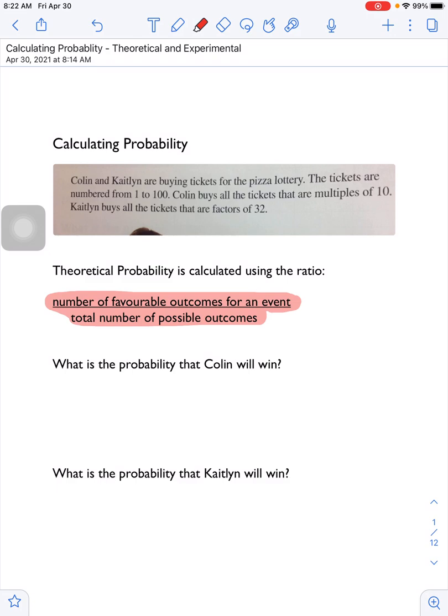So Colin's favorable outcomes are all of the multiples of 10. So that's 10, 20, 30, 40, 50, 60, 70, 80, 90, and 100. So there's 10 of those. When we show probabilities, we always use a capital P to show a probability calculation, and then in brackets we put the event that is happening. So we're going to put the probability of a multiple of 10